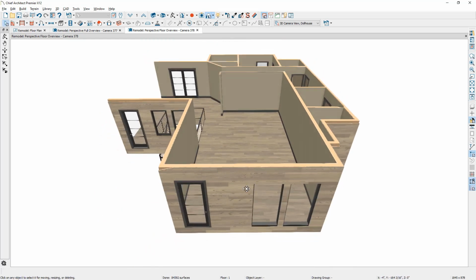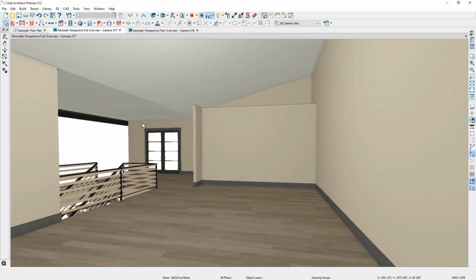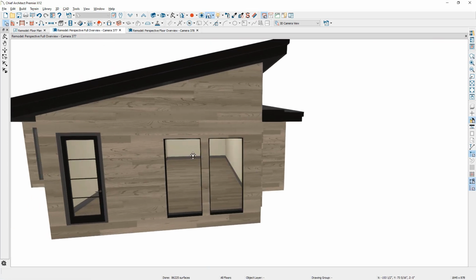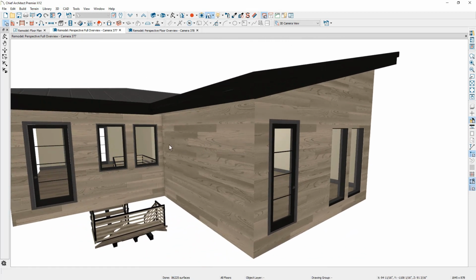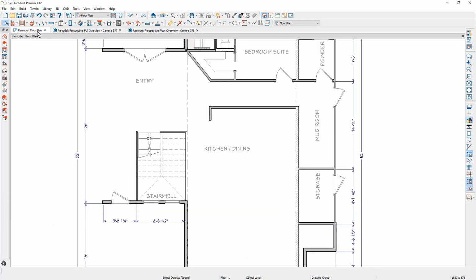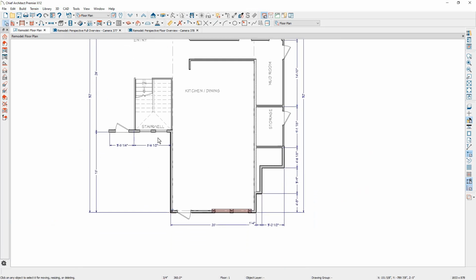Now the next thing we want to do is take a look at modifying this end wall. If I go back into my overview camera, really what I want to do for this overview wall is create a set of windows that will go up here, and as I rotate over to the side, I also want to put a nice sliding door in here. What I'm going to do is use the elevation camera tool, and let's take an elevation of this wall so we can easily make those changes.